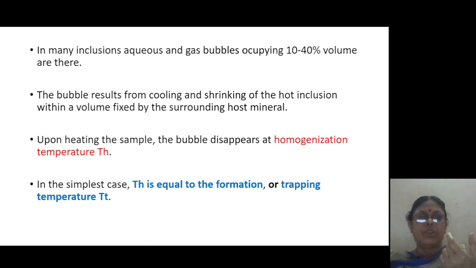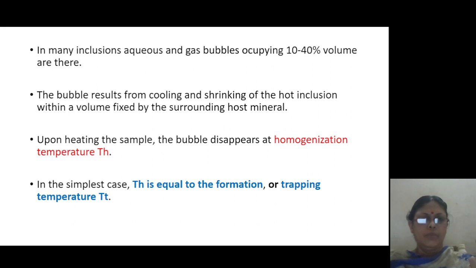At that time the temperature is higher, so hot inclusions are trapped within the growing crystal, and the bubbles that result are from cooling of the hot inclusion, when the fluid shrinks. So shrinking causes the fixed volume of the surrounding host mineral to have a bubble inside it,